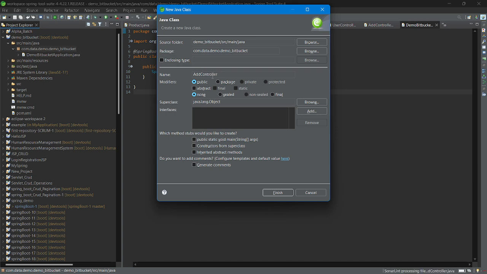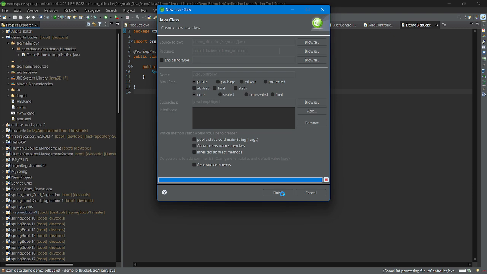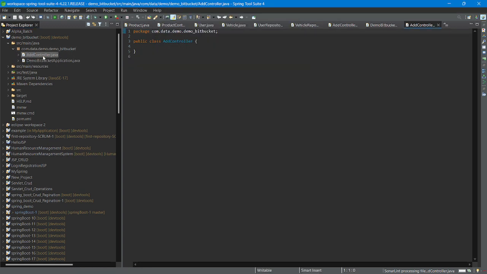It is a simple add controller. I give name as add controller. Okay, and giving some REST controller, at the rate request mapping, REST mapping, giving some website URL